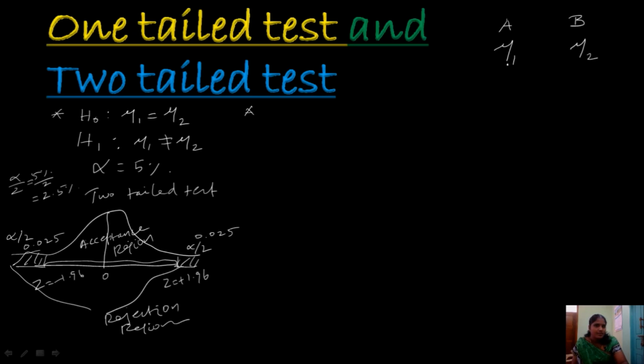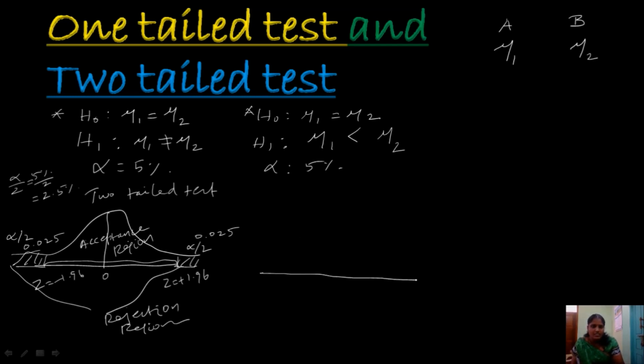Suppose the mean life of the batteries produced by company A is less than that of B. In such a case, my alternative hypothesis is mu1 is less than mu2. There is no change in my null hypothesis, that is mu1 is equal to mu2, whereas my alternative hypothesis here is mu1 less than mu2. Here I have to say this is a left-tailed test. This gives us a one-tailed test. Here I have to take the level of significance alpha as 5%. So if it is mu1 less than mu2 means